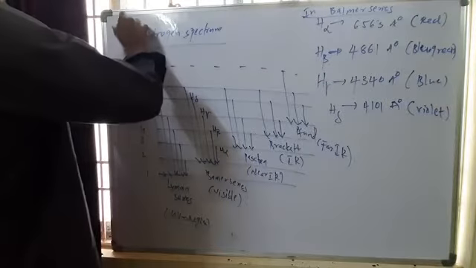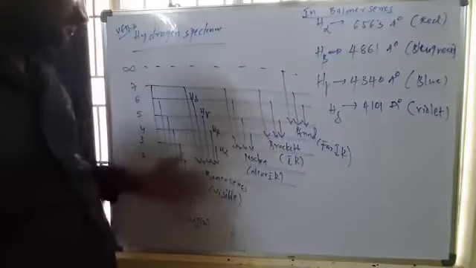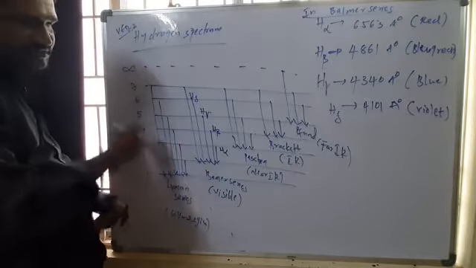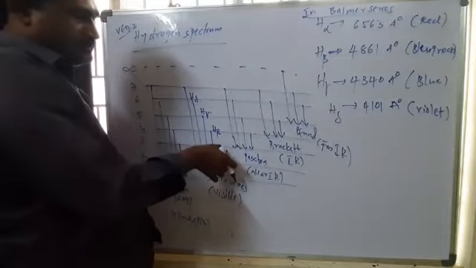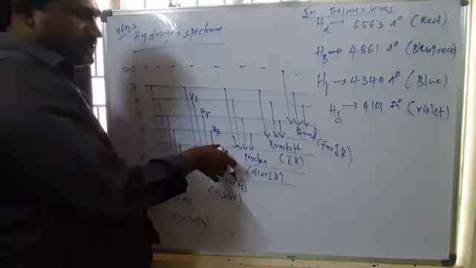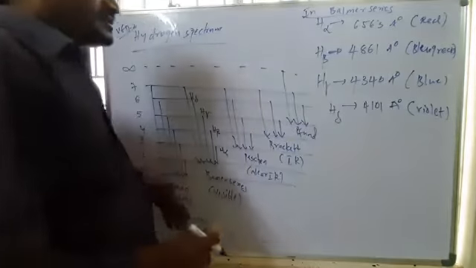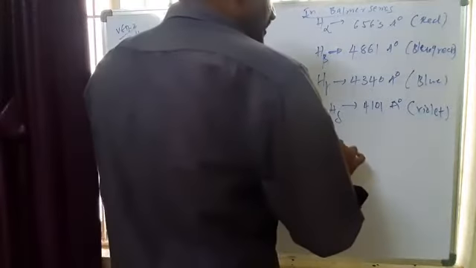So video 2. Next, if you see, these are the various lines. For every series also, this is the first line, second line, third, fourth. So H alpha, H beta, H gamma we can consider. H alpha has high wavelength and less energy, and H gamma has high energy and less wavelength. For these spectral lines, the frequencies of these radiation can be calculated by using this